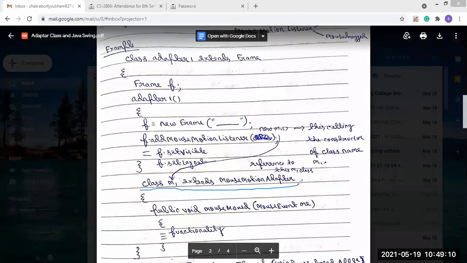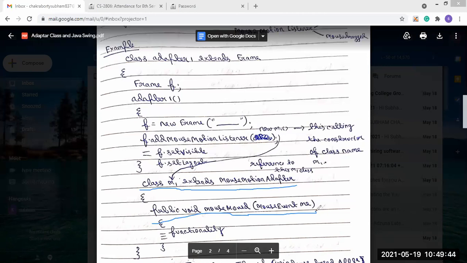So when this mouse motion adapter class is extended by the user defined class M1, inside it we use public void mouse moved. We only want this method. We didn't use the drag method, so we only use that functionality.